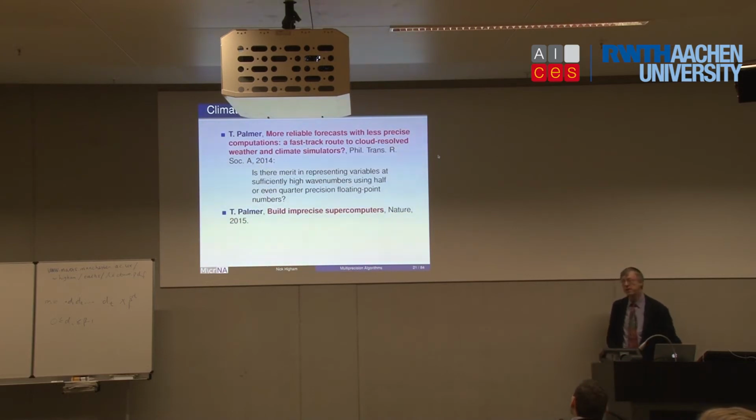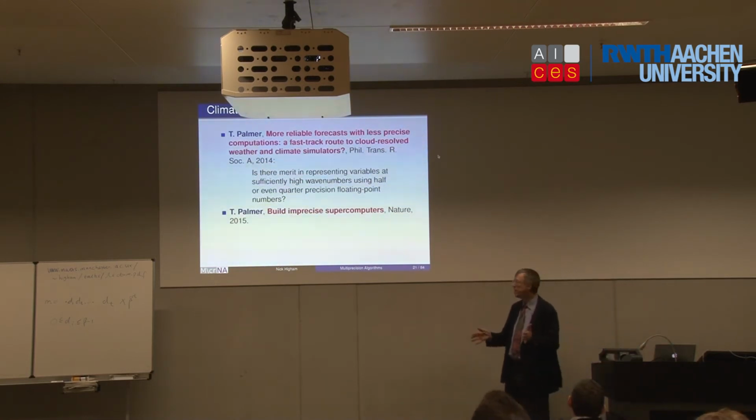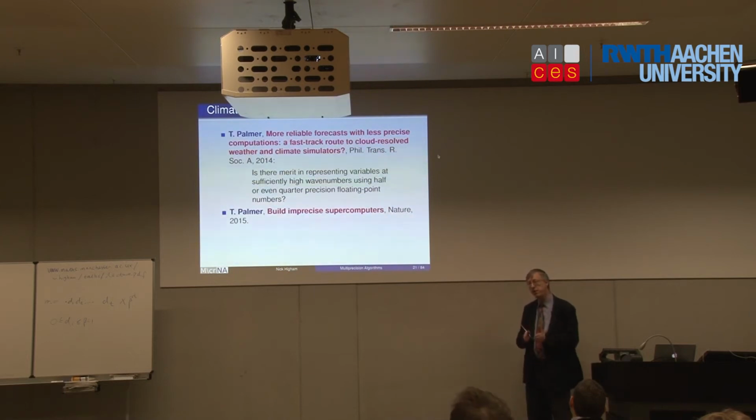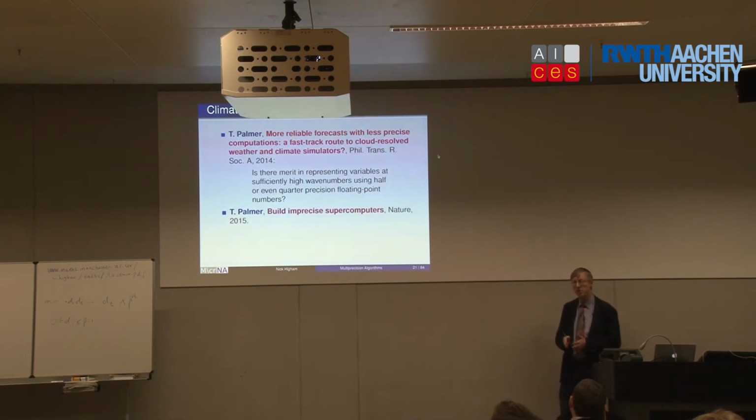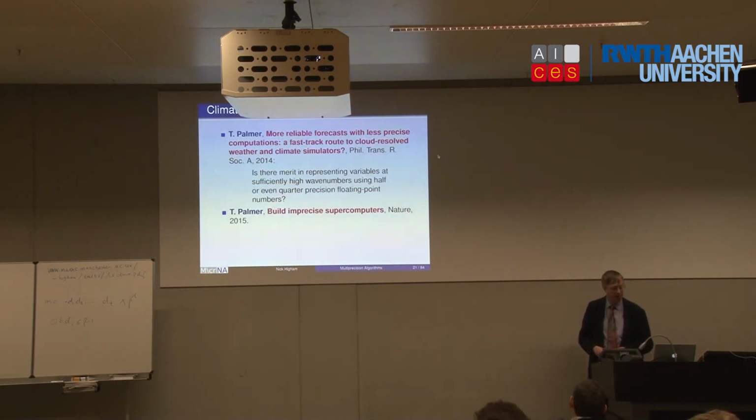And his argument is, he's got this climate model with a certain resolution of the grid over the planet. And he thinks it might be better to use a finer grid, but representing the data points in half precision, than having a wider grid in single precision. And he's done lots of experiments, written quite a few papers now on this topic, where he gives support for that argument, that you're better off using a lower precision but having a finer grid. In fact, one of his postdocs was at the meeting last week and gave a talk on this. So they're really very interested in the use of low precision or more generally mixed precision in their climate modeling